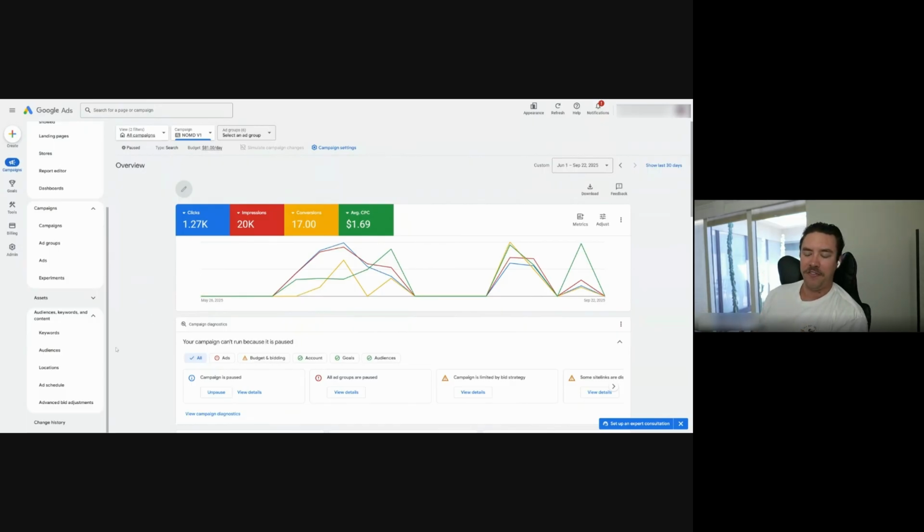So if that first area you mentioned, North Canton, where you live, is not it, and the calls you're getting are not qualified because people can't afford it, then that is a time where you can remove that location and focus on the other ones. But long story short, I would put all the affluent areas you can service in there at once because you want to see where the budget actually goes. And then that is when you can do the dividing and conquering. You can test other locations, or if locations are doing really good or bad, you can put positive or negative bid adjustments. You can remove them.